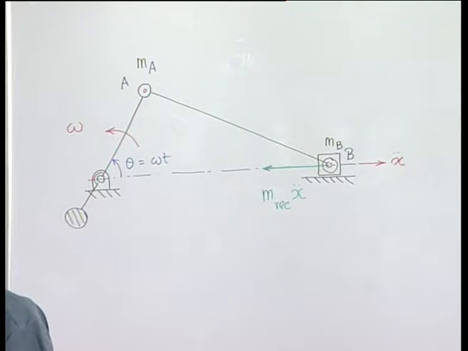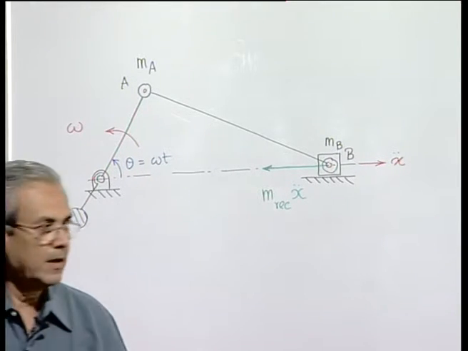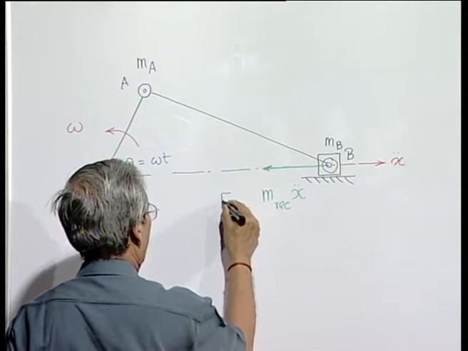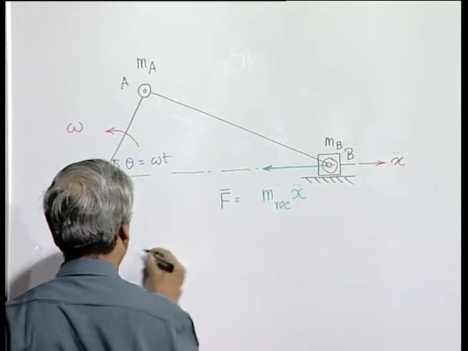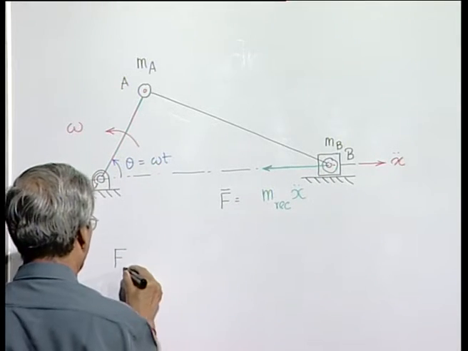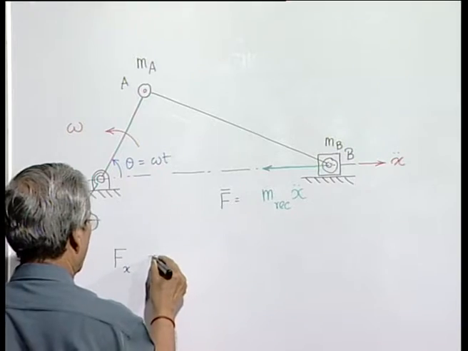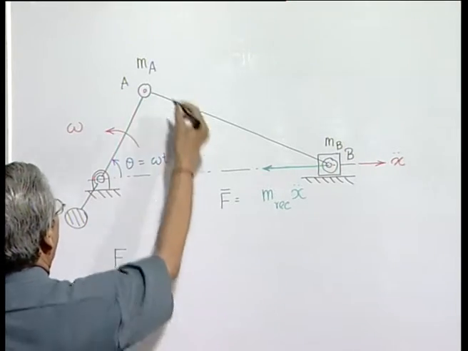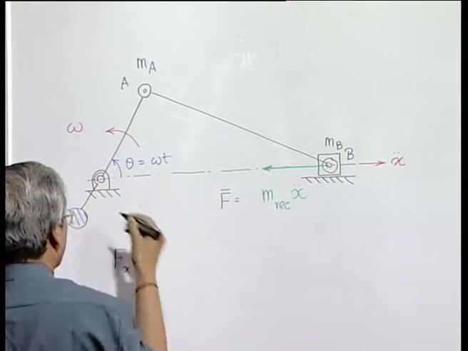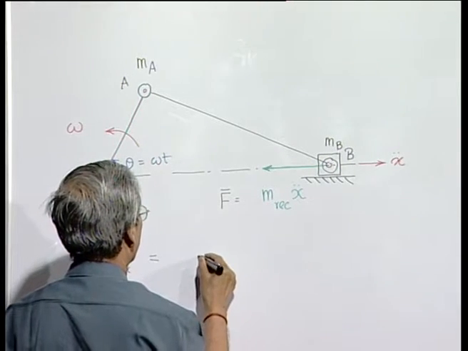We have seen that the inertia force or unbalanced force is given by only its x component. So, we call it f x. Y direction unbalanced force because of this rotating mass has been taken care of by this, and this is equal to